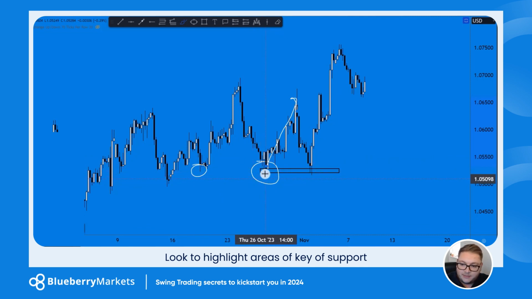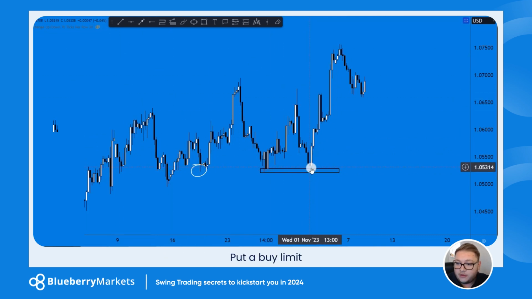Now why have I highlighted that? Because it's a key turning point. Price has turned around in the market. So I want to be looking for long opportunities. We don't know if it is going to come back, but if price comes back to that level, and guess what, it comes back into that level, the second step is you can either put a buy limit on